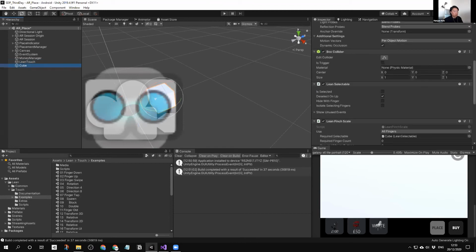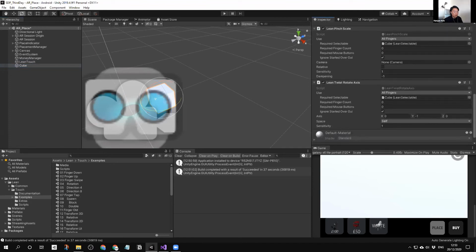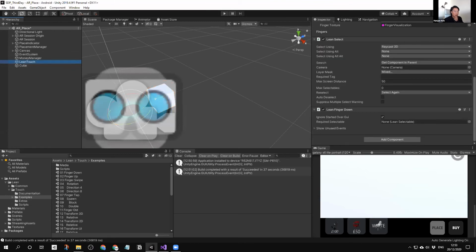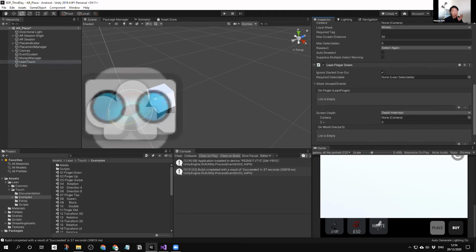And then cube. I feel like I had some, okay. Under the Lean Touch here, sorry, the Lean Finger Down here. Yeah, we need to add the event. It's because it's exactly same logic as the buttons. So when you touch something, it needs to do something. So here on finger,